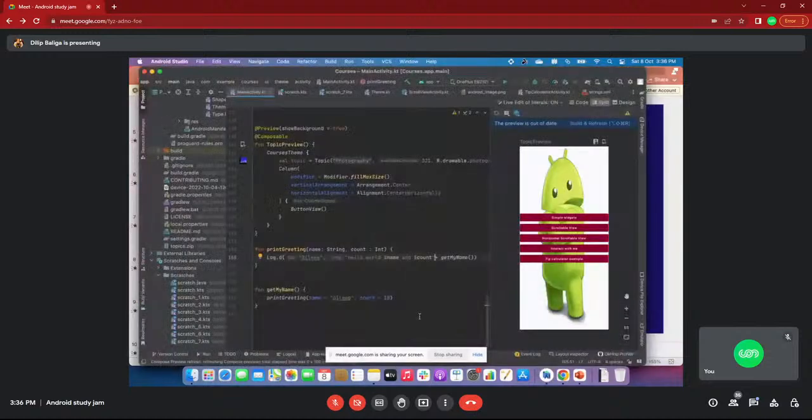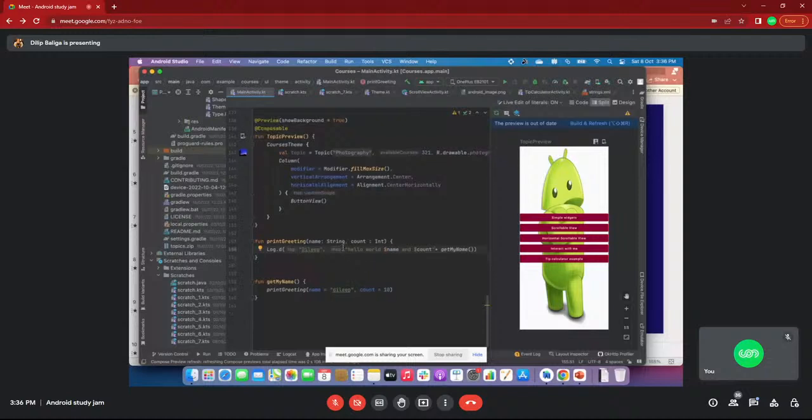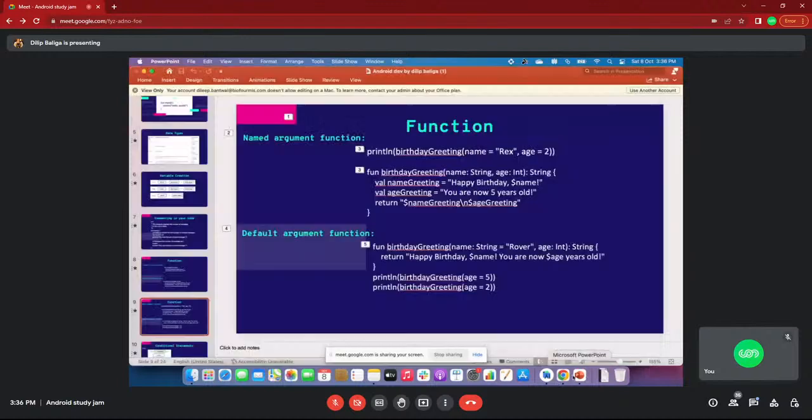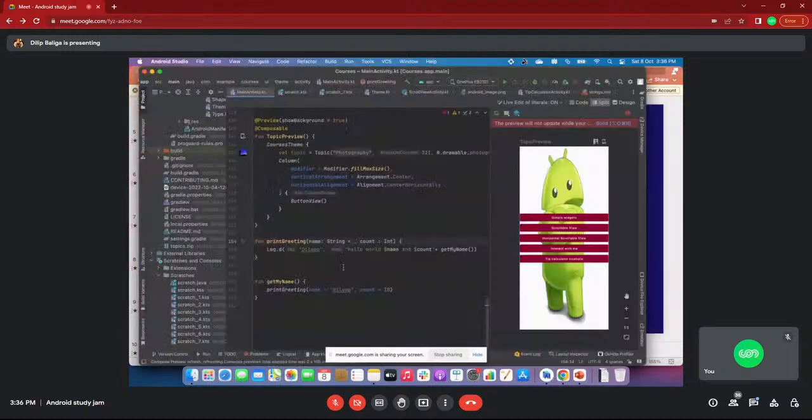For example, next one point I missed. See, one of the main advantages of Kotlin I can specify. I already mentioned default arguments for a function, which means I can give the default argument. For example, I am specifying my name here directly, Dilip, so that I need not pass the value while calling that function. That is the main advantage of this one.